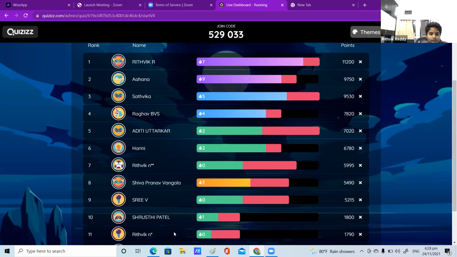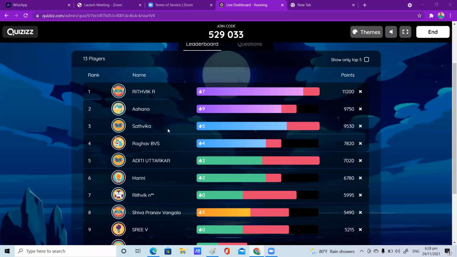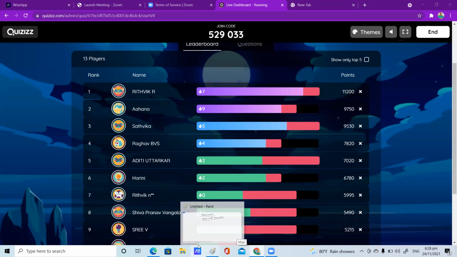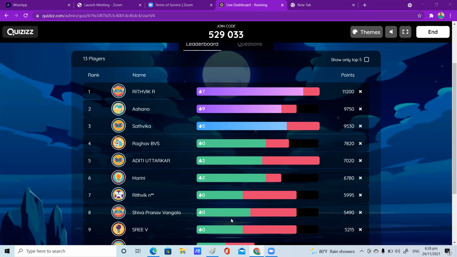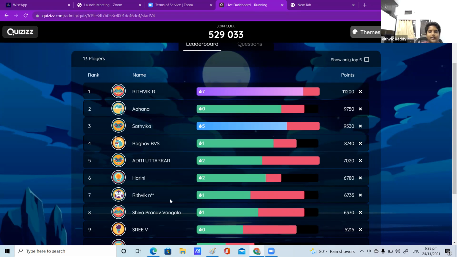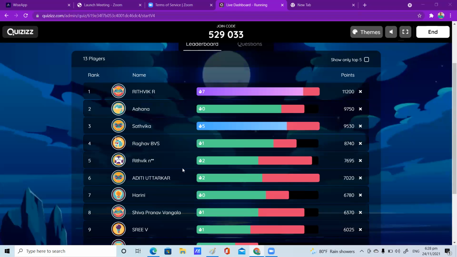Ritvik can join from 3 devices. Sorry, not Ritvik, Ritvik R is placed. Don't worry about that part, children. Honestly, do your thing. Ma'am, that will not come as 3 devices, ma'am. If we reattempt, there's an option to reattempt, so when we do that, it will come like that. No, don't go for reattempt. Do it only one time, children. Sometimes students do it without knowing, but don't go, children. Quietly do the test.